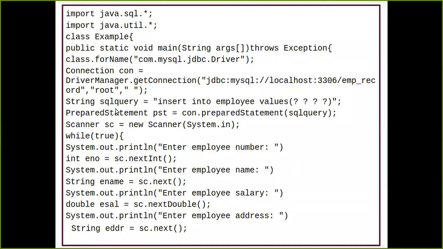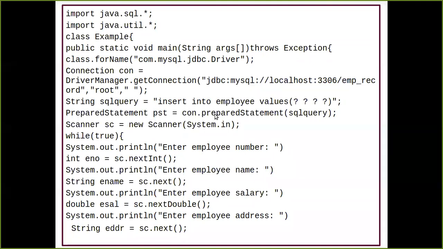If you remember, in the previous lecture when we studied the statement interface, what we wrote over there was Statement, the object name equals to, and we called the object of the previous class to invoke the method of the current interface. Now, say for example, what I have written over here is PreparedStatement. First I'm simply going to write Statement, I'm going to create an object equals to the object of your previous class, con, that is your connection class.